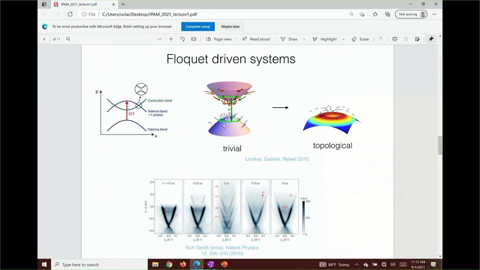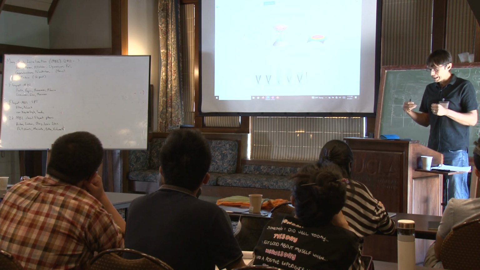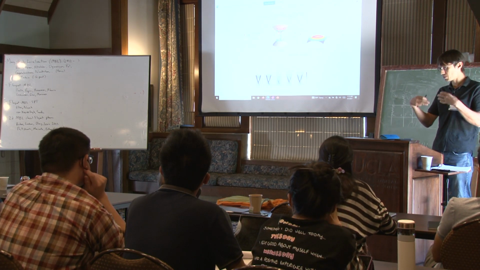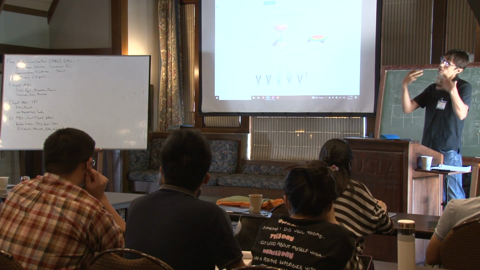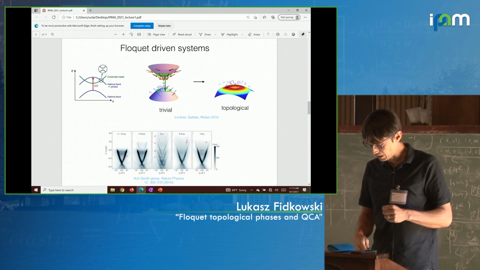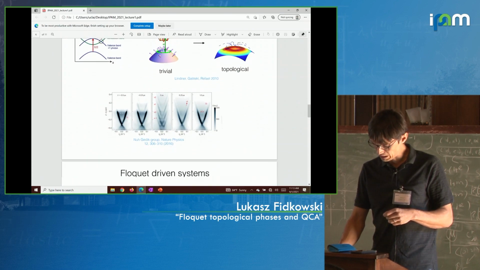Well, it turns out that at least at the level of free fermion band structures, again, this is not going to be important for the rest of what I talk about, so I'm not going to formally define a free fermion band structure. If you know what it is, great. If not, it's going to be okay. But at the level of free fermion band structures, it was realized that this kind of periodic Floquet drive is nice because it allows you to create band structures which have, for instance, Chern number or some other non-trivial topological properties out of topologically trivial ones. So that's kind of cool. I mean, it's another way to realize topology. And so, okay, that's another ingredient that we can consider.